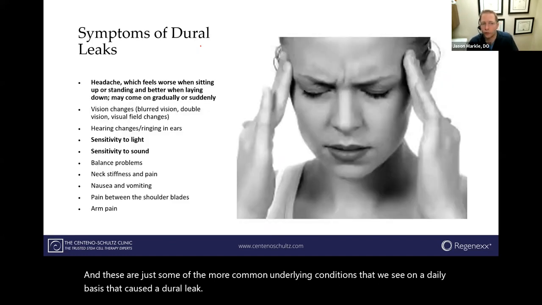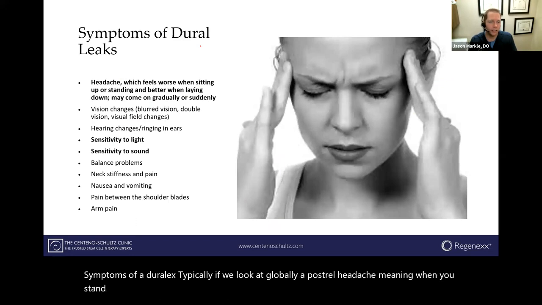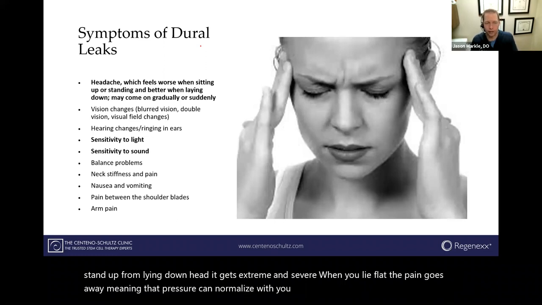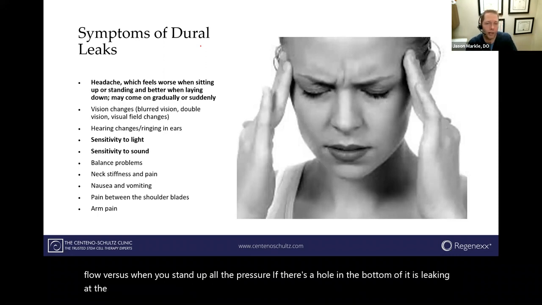Now, symptoms of a dural leak. Typically, globally, it's a postural headache, meaning when you stand up from lying down, the headache gets extreme and severe. When you lie flat, the pain goes away, meaning that pressure can normalize with you lying flat throughout your entire CSF flow. When you stand up, if there's a hole in the bottom of it, it's leaking at the bottom and putting pressure on your central nervous system, creating severe headaches,